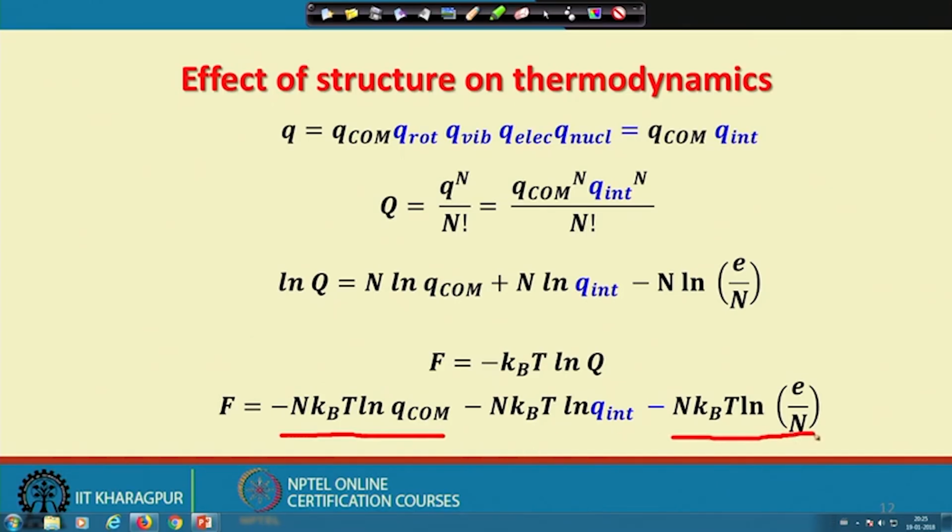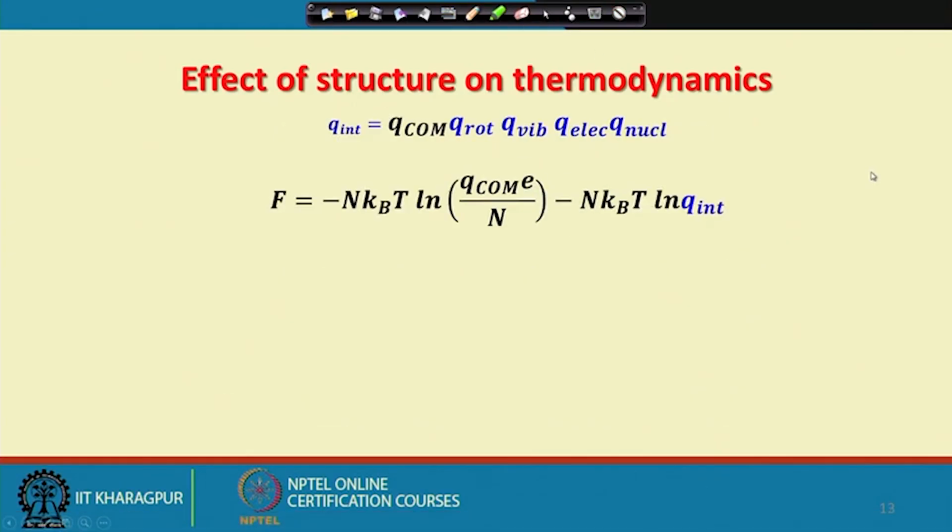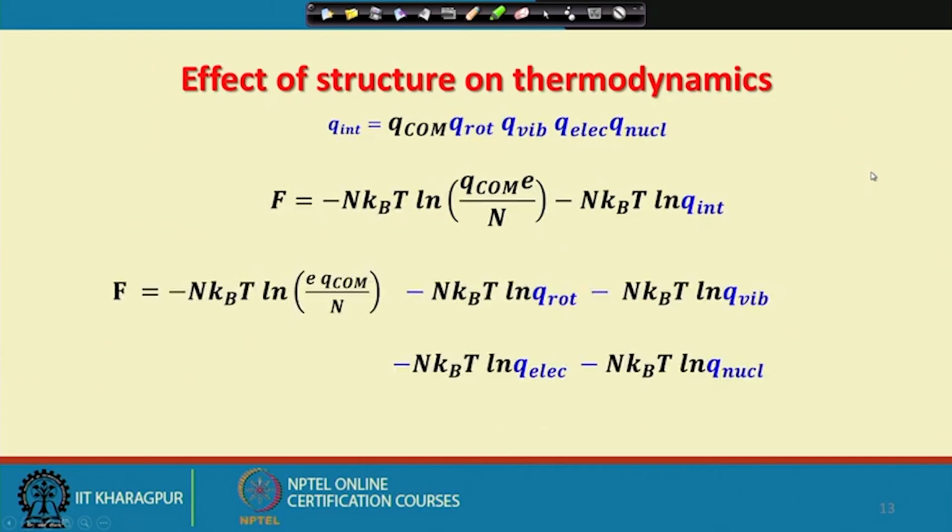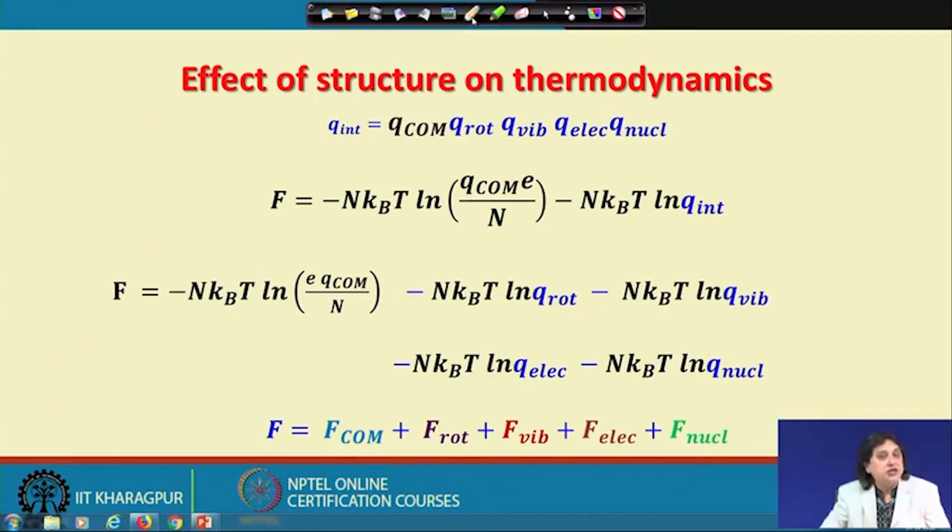This is where the dependence on N comes from, and here the effect of the internal structure is present in this term. And I can very easily write out the different terms possible, and so I can identify that my F, the overall Helmholtz free energy of the system,